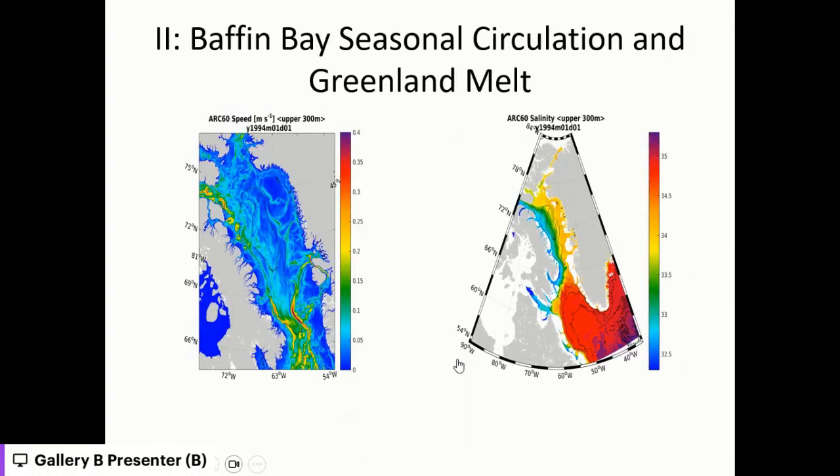Baffin Bay. This is seasonal circulation, and as the season goes on, you're suddenly going to see high frequency currents and lots of eddies forming around the coast near Greenland. Likely related to the melt from Greenland, freshwater setting gradients driving those flows, and suggesting there's a lot more exchange between the fjords, the interior, and the currents than is suggested from previous coarse resolution models or even a little bit of observation. So additional features we want to explore given the high